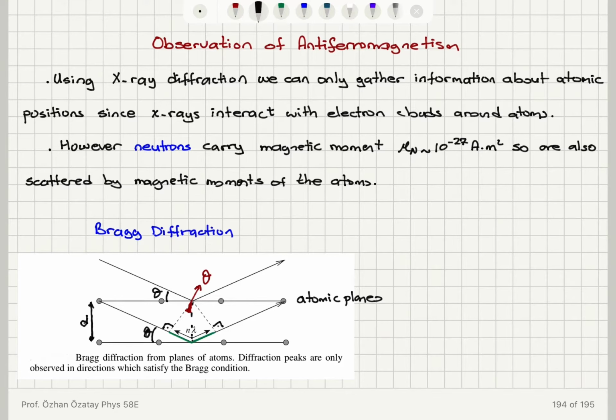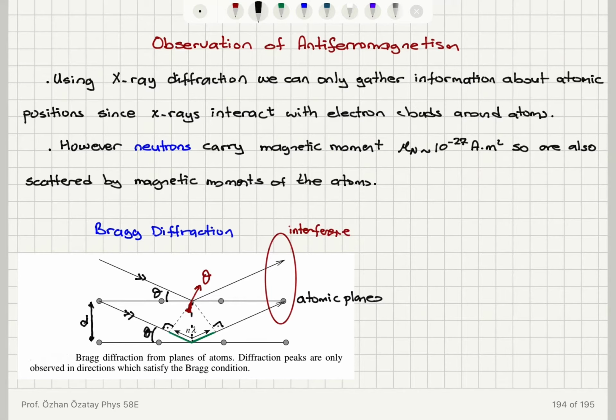So when the X-rays are coming, they are coming in phase up until this point, and then the X-rays that are reflected from the bottom plane are traveling an extra path distance. So we're going to concentrate on the interference of these two rays